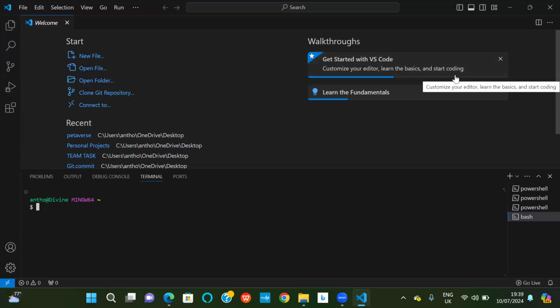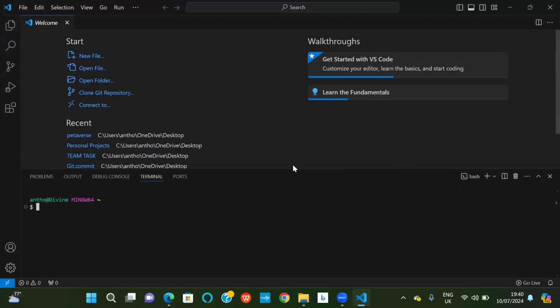So can you close all the PowerShell? Yeah, kill all of them. Thank you. So right here now, let's see which directory you are in. PWD, to check the directory you are in.